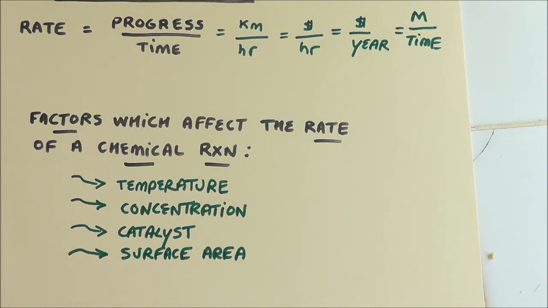And so surface area is why, in your automobile, unless of course you have an electric automobile, you are not really burning the liquid gasoline, you're burning finely divided droplets of gasoline, which is really sort of a vapor, and that explodes, but the liquid burns much slower. So those are the things that you can do to affect the rate of change of a chemical reaction.